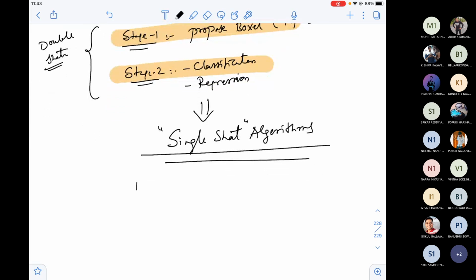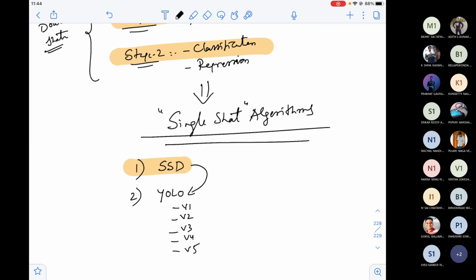For that we have two algorithms. One is SSD and the second one is YOLO. This SSD is not part of our syllabus, but it is the first single shot algorithm that was introduced, and after that YOLO variants, YOLO V1, V2, V3, V4, V5 were introduced.